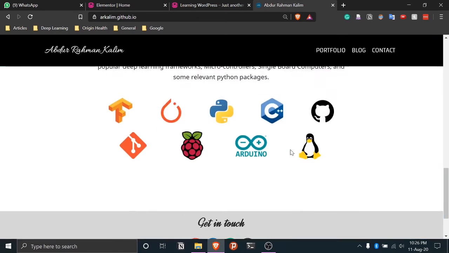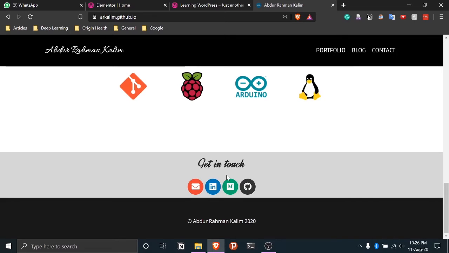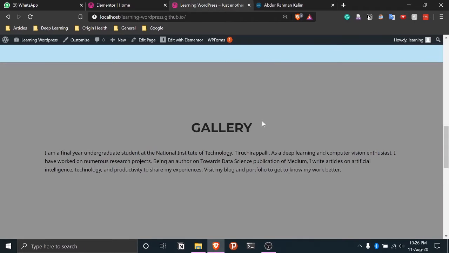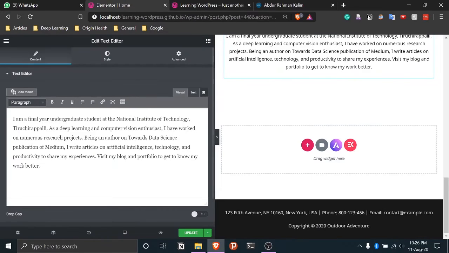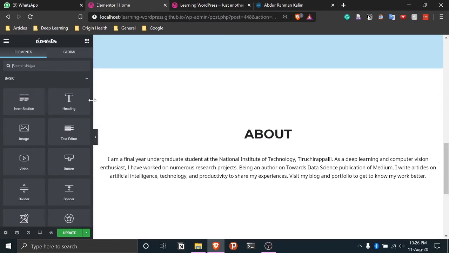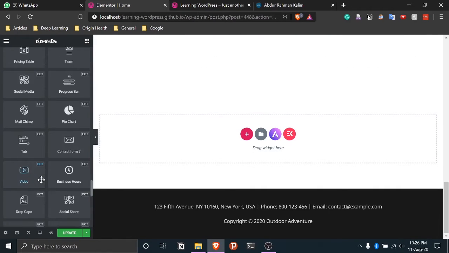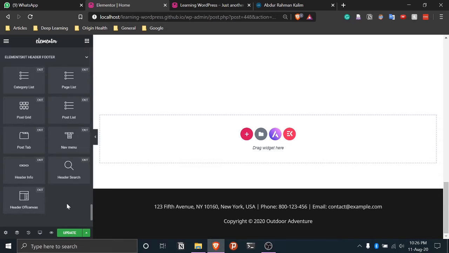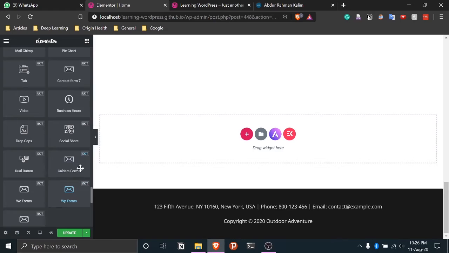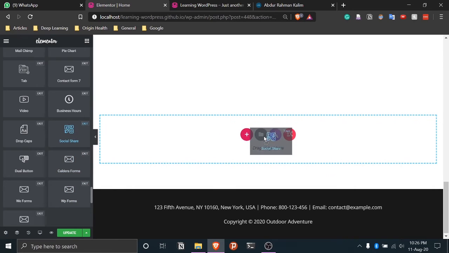Now let's say we want to add this contact section where it says get in touch, and it displays these cool little icons here. For that, we can click on this media tab here, and here we can search for this. We will start from the bottom. I think it was EKIT social share. I don't remember exactly. I think this was the one.